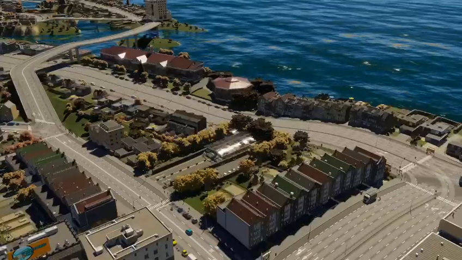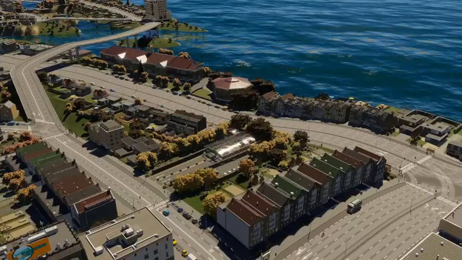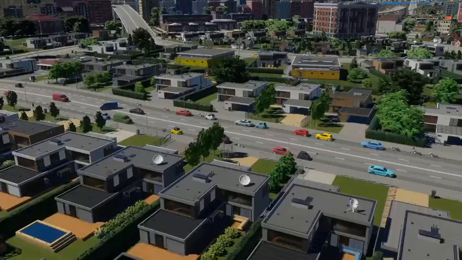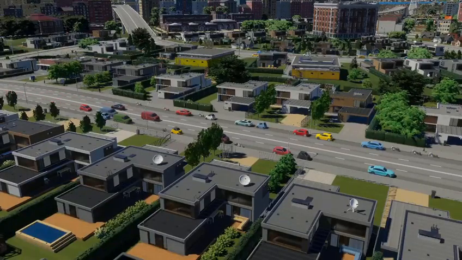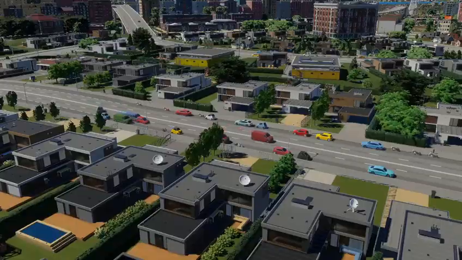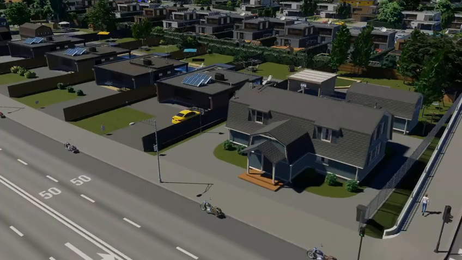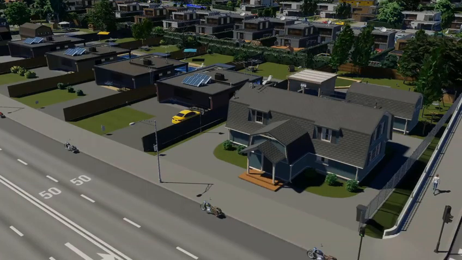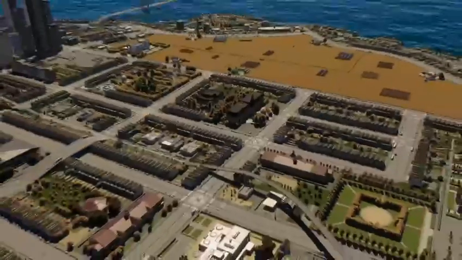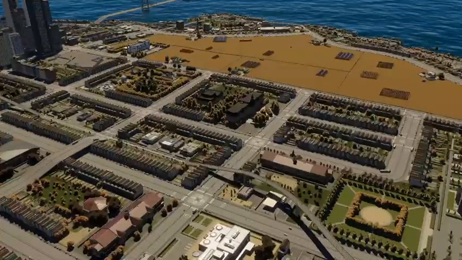And I never proactively upgrade the artery zonings to medium density. I only do that when a household complains about high rent and asks me to do that. If I can find any other solution, I try my best to preserve the low density along the arteries. Okay, these are my tips for an organized road system.